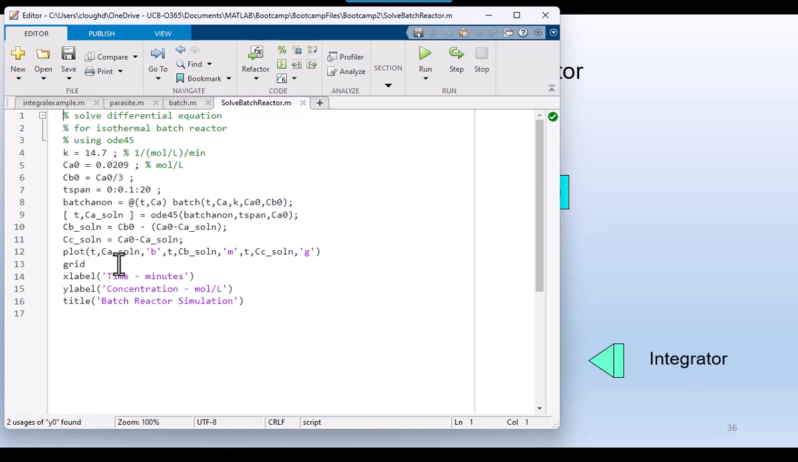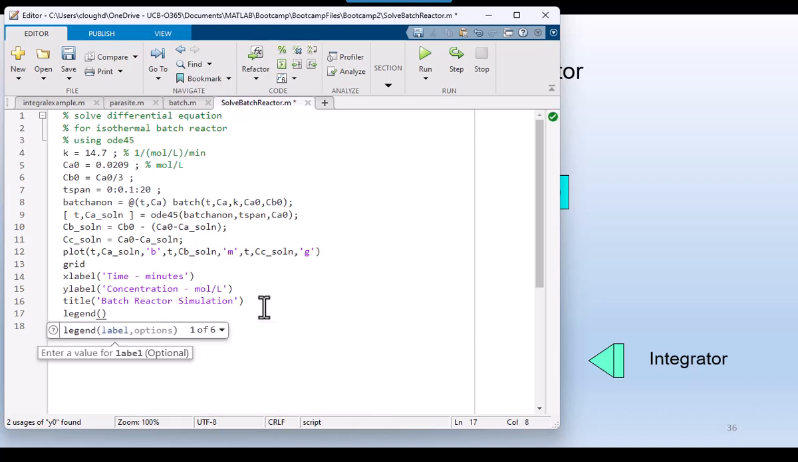Once we have the solution for CA, we can calculate CB and CC from the simple stoichiometric relationships. Here you'll note that we're doing this for a whole array of the CA solutions. And then we create a plot with 3 curves showing CA, CB, and CC. And if I would like, down here, I can add something to this and put in